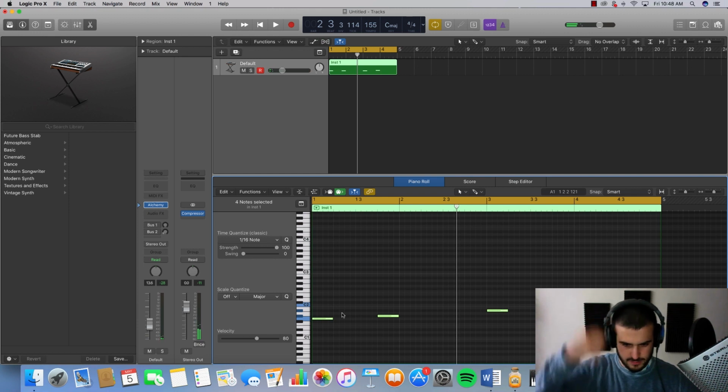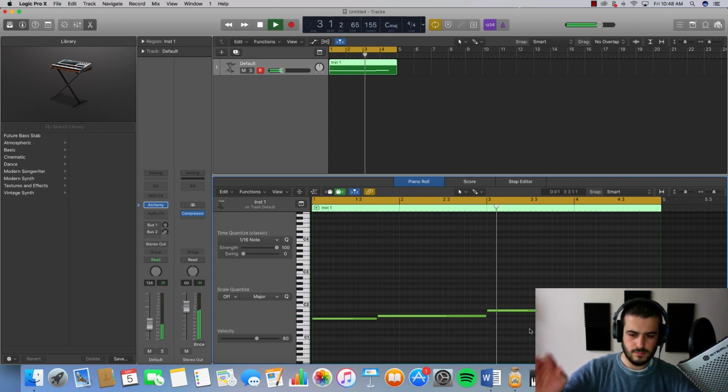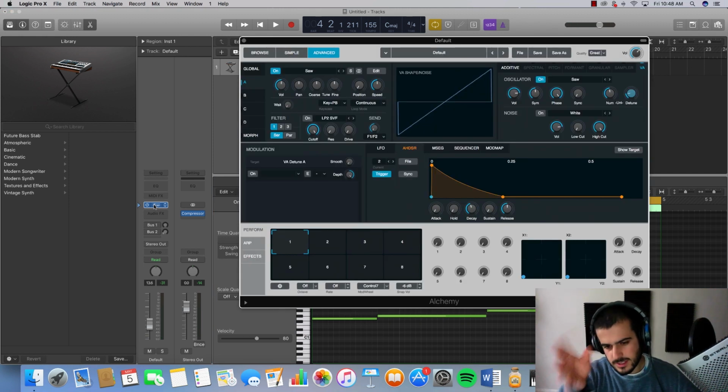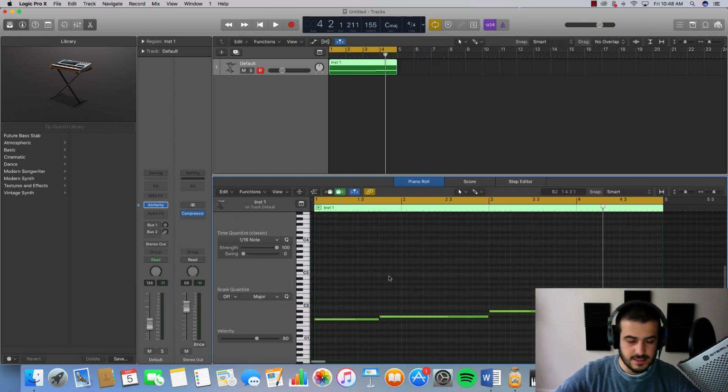Seems like a nice future bassy sort of sound. Could be other parts to this. This bass line kind of reminds me of a part of a bass line. There could be more to it, but this is the beginning of the process, so this could all change.